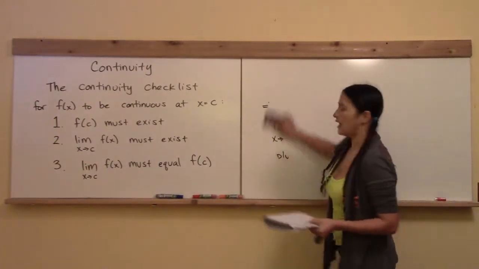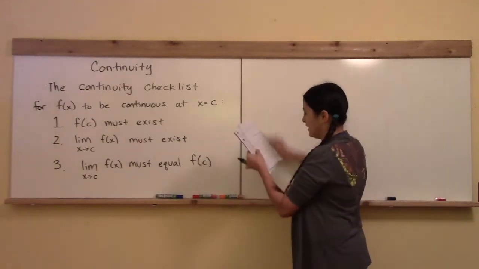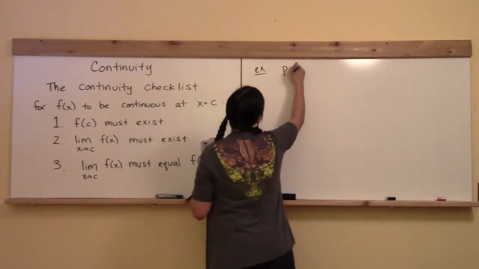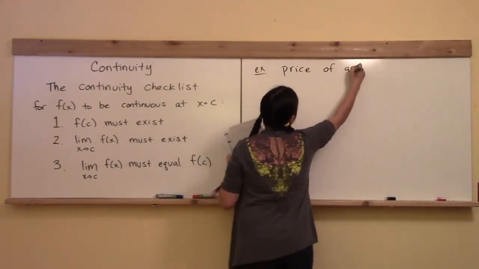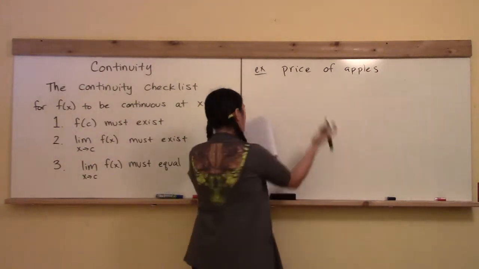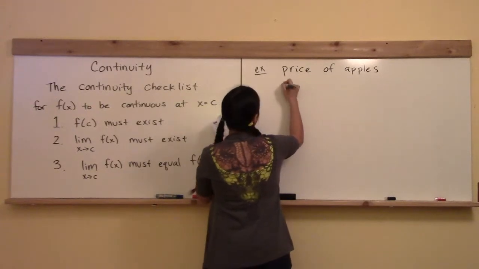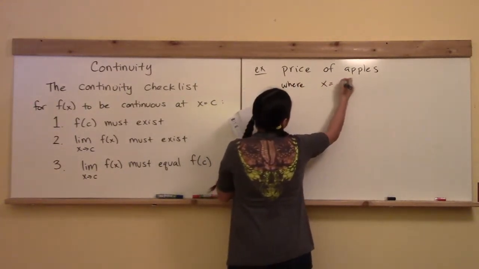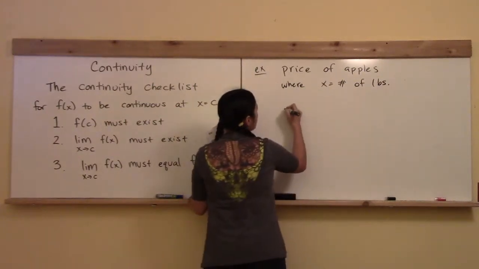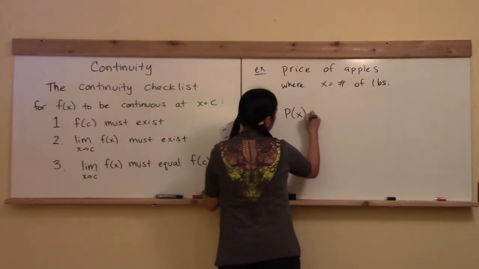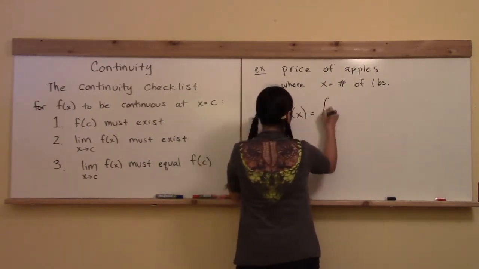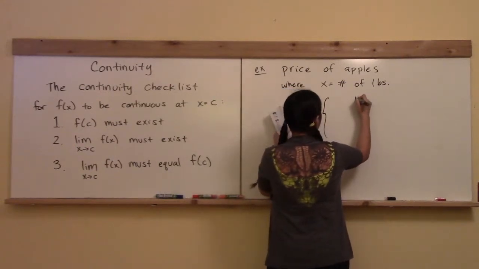Okay, and this is going to be a piecewise defined function. Let's say that it's some sort of pricing. Maybe I'm selling apples, okay? And I've got the price of apples set on a sliding scale depending on how many apples you want to buy. So let's see, the price of apples where x is equal to the number of pounds of apples that you wish to buy, the total price, let's call it little p of x. I will say the price for all your apples is going to be